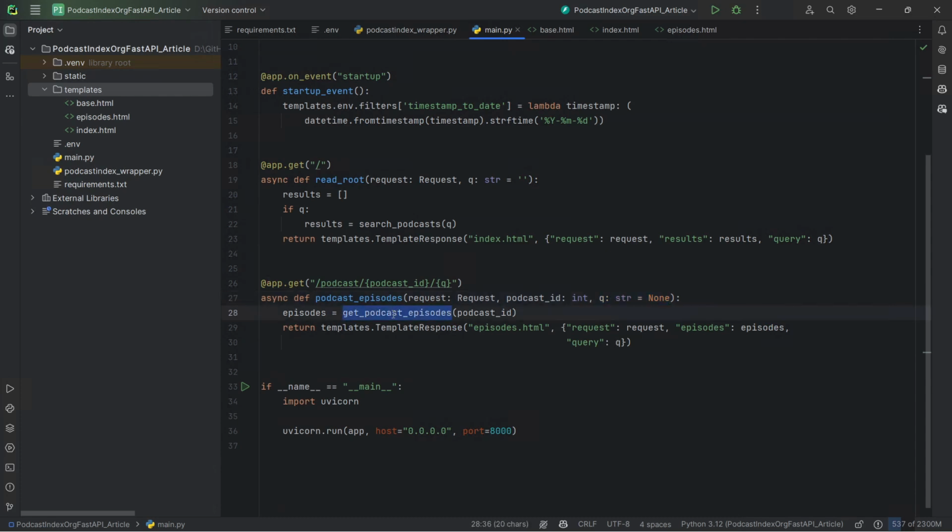So we're using the get podcast episode function that we defined before, storing that into the episodes, and again doing our Jinja template, the episodes.html, passing in the request, passing in the list of episodes, and also passing in the query. And in case you are running this as the main file, we're importing Uvicorn and running it as a Uvicorn app, or you can also run it in the command line by using Python or the uvicorn run. So now that we have taken a look at our code, let's take a look at our HTML templates